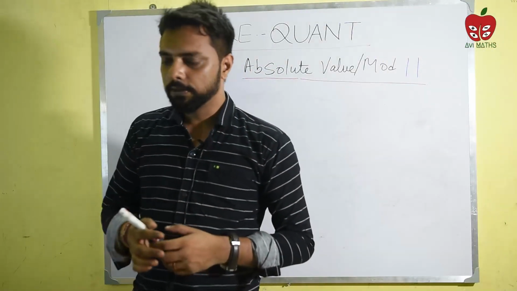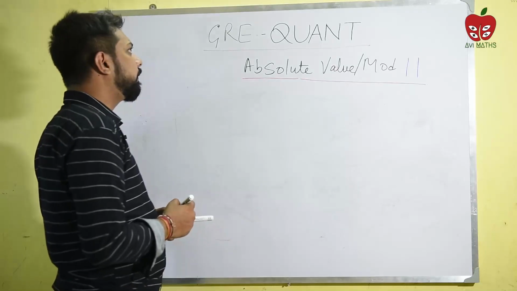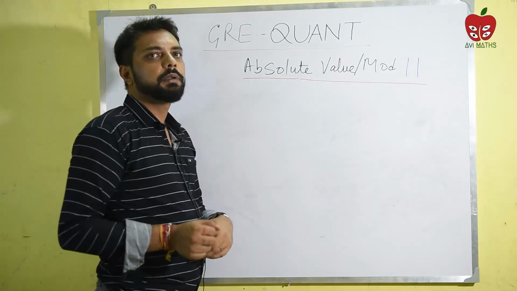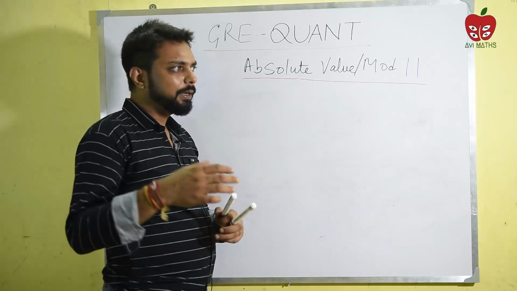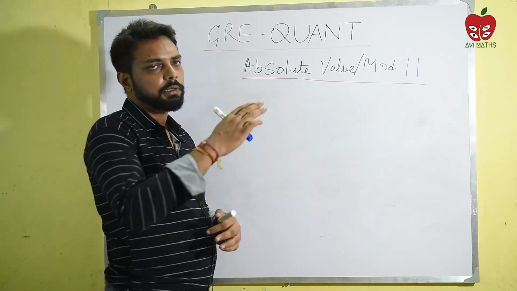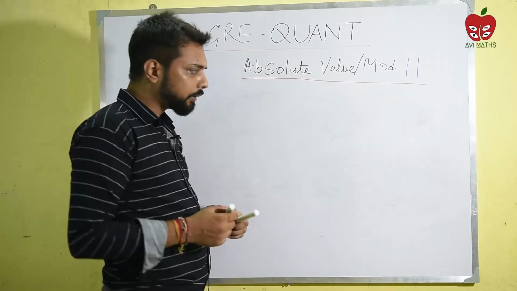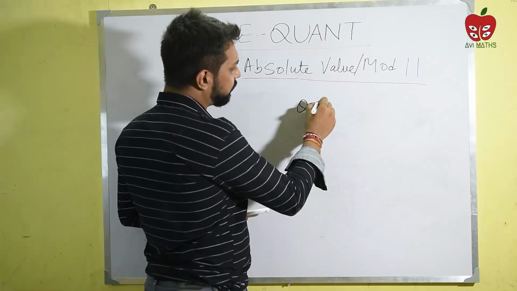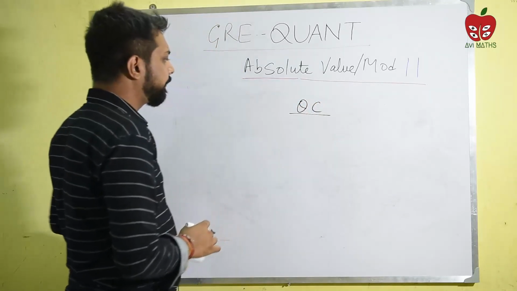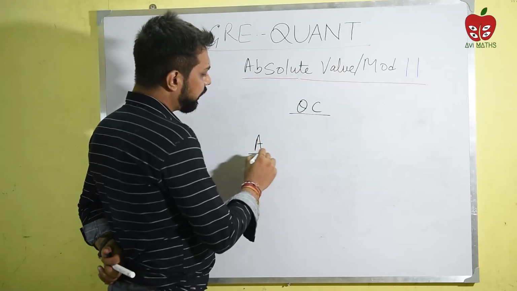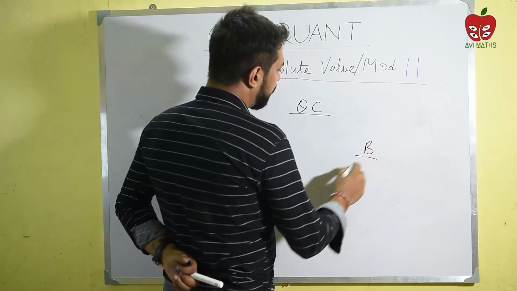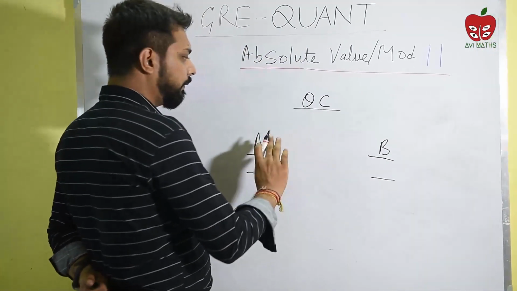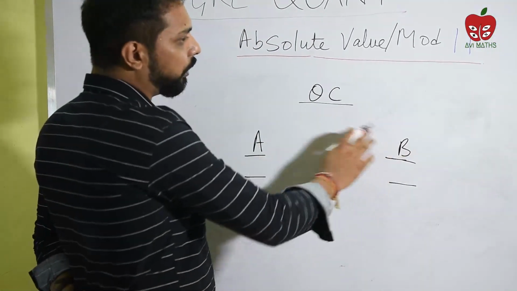So let me start with the first question on the quantitative comparison question. Before I start solving that question, let me quickly brief what kind of question this quantitative comparison question is. What is the format basically? If I talk about the quantitative comparison question, I generally denote it with QC. There are two quantities given, A and B, right? Under A something is given and under B something is given. These are the two quantities, and you have to compare them.